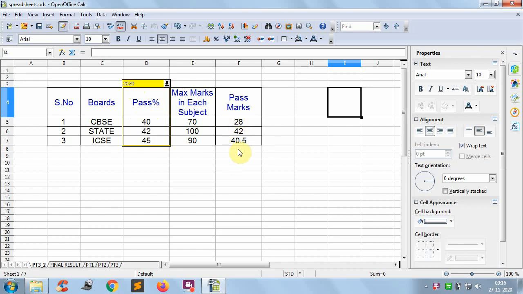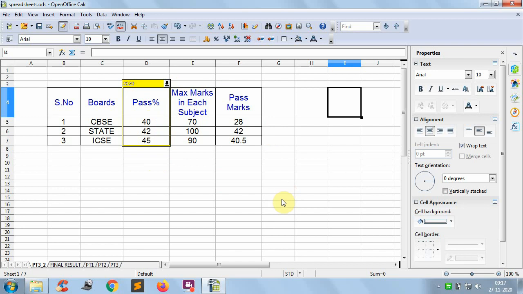So finally we are concluding that scenario means set of saved values, means each scenario will have the different set of values. So what are the scenario you have selected, based on that values only result will be calculated. So this is the minimum pass marks for 2019 and these are the minimum pass marks for 2020. Like this you can switch between scenarios.